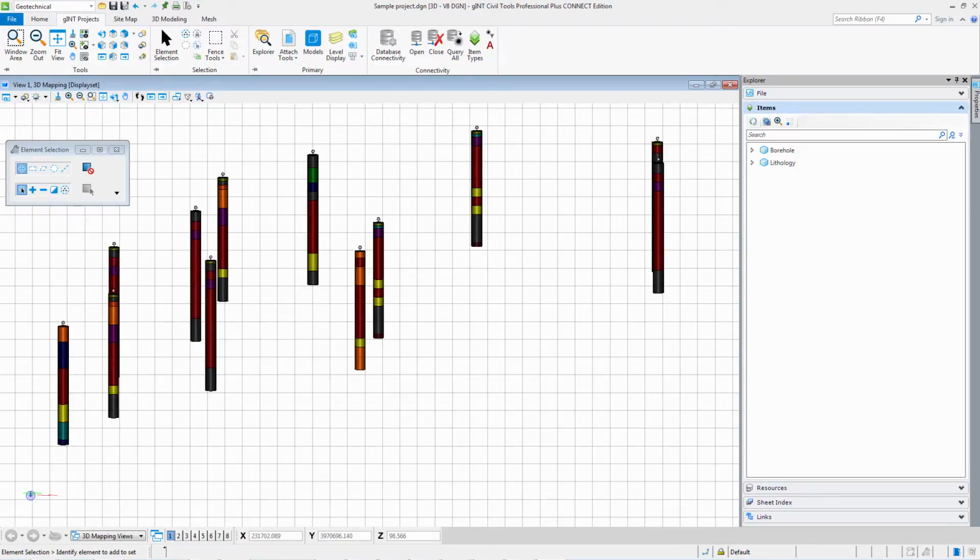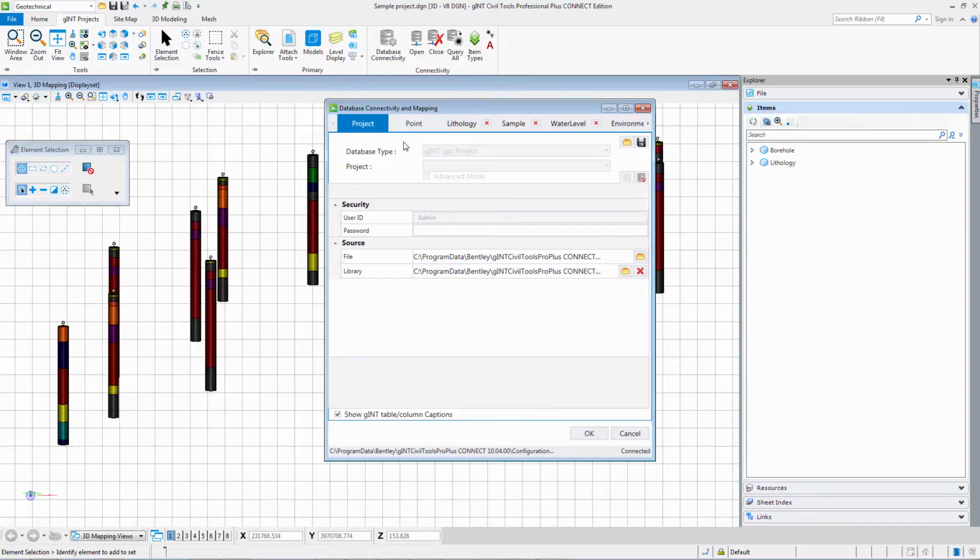This video is about using the Explorer in GINT Civil Tools. To open the Explorer, you use the icon here found in the Geotechnical ribbon. I have pinned it to the right side of my GINT Civil Tools window. The Explorer will show any data that you have mapped to and imported in your latest query for GINT Civil